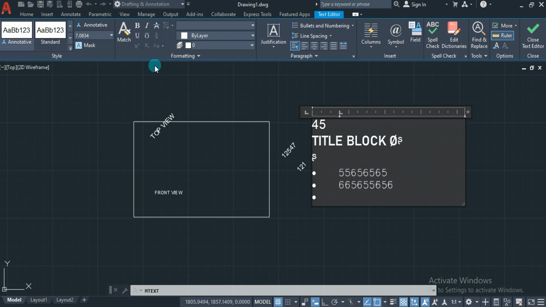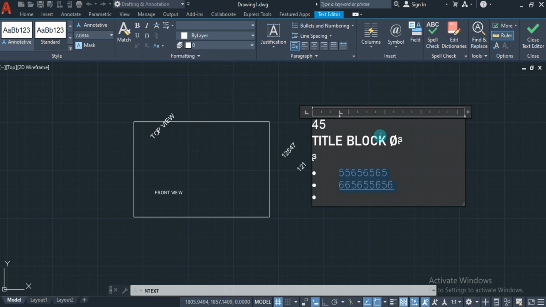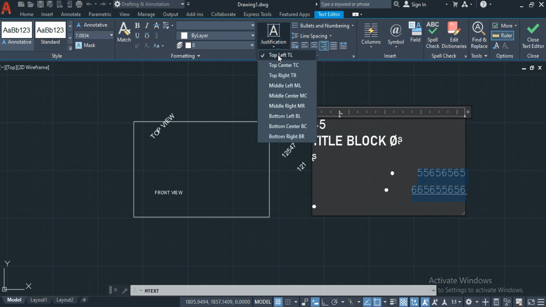Okay, so here if you want to underline the given text, simply select that one and go for the underline option. If you want to make it bold, you can bold. Or else if you want to change the color, you can change the color. And if you want to adjust the line spacing between number of lines of the text, simply select that and go for line spacing and adjust it here. You can change the alignment, whether it has to be at center, middle or right side of the box. And similarly you can keep the justification also.